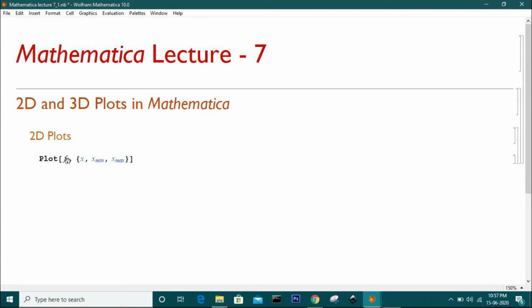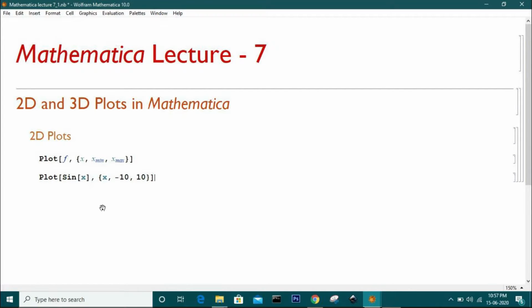So f is our function that we are going to plot, and in the curly brackets we have to specify the range of the plot, that is the x-axis or the variable on which the function depends. Say I want to plot sin x in the range of x from -10 to 10.